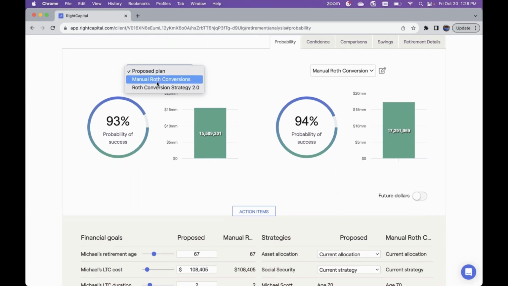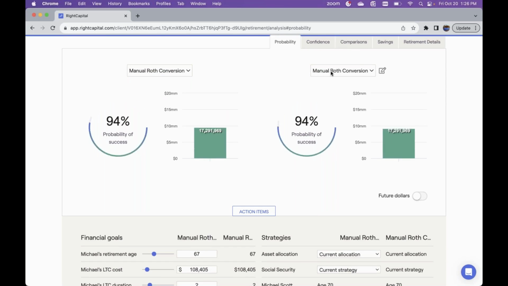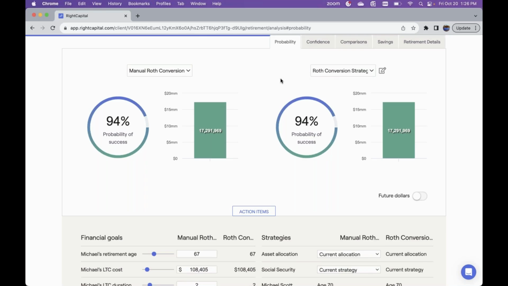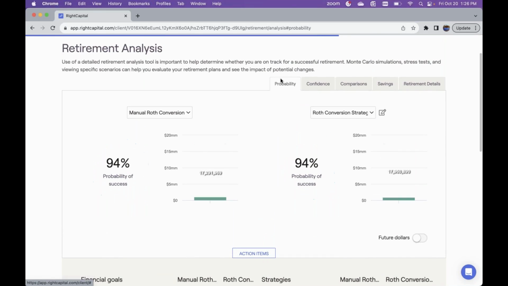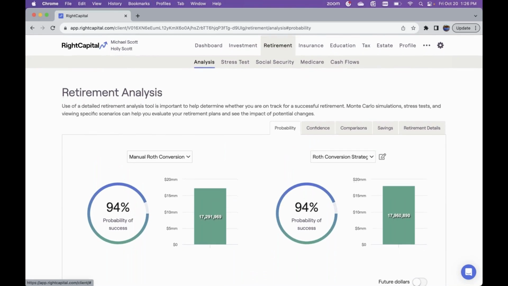So let's go to the manual Roth conversion strategies, for example. And let's compare the Roth conversion strategy. So that's how you can just kind of leverage that aspect and make these multiple proposals and analyze those side-by-side comparisons. When it comes to presenting within RightCapital, one of the great aspects of RightCapital is everything can be customized